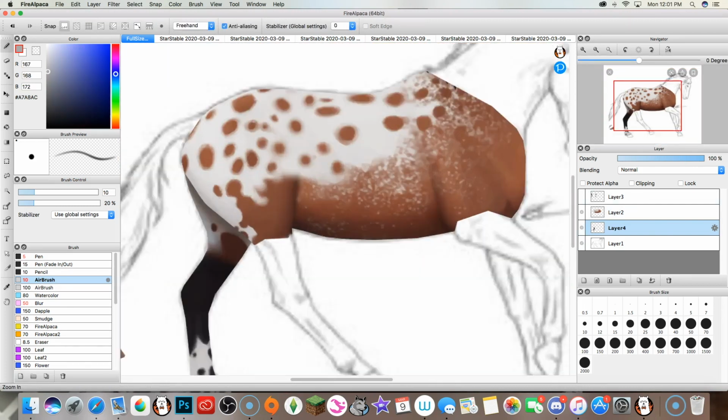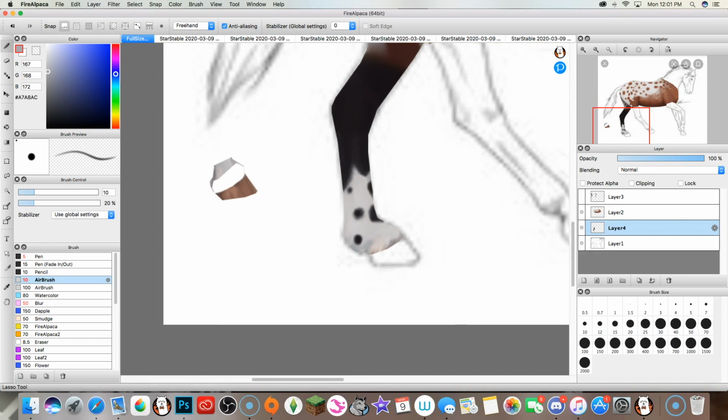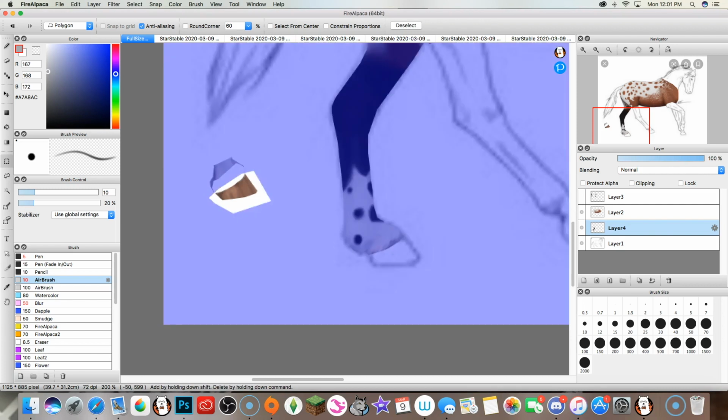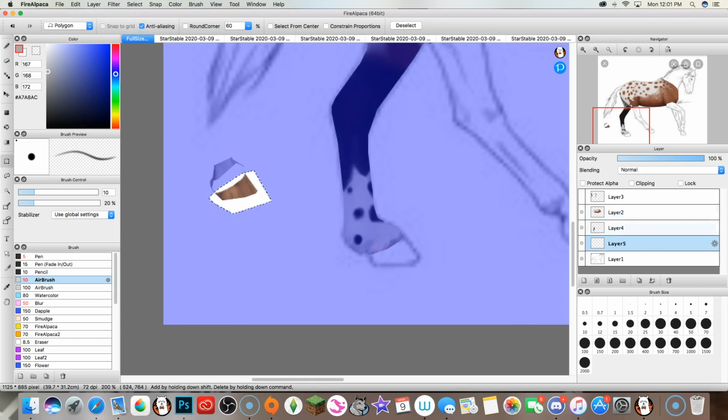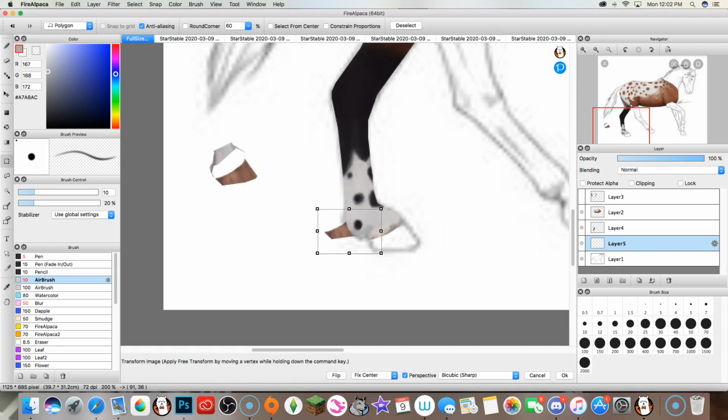To do the hooves, I usually do the hooves in their own separate layer. So again, copy, paste, and I'm going to put it underneath of the leg, so it's less work. To do the hooves, I will either just take the hoof and mess around with it like this, which is what I might do today, simply because I'm in a lazy mood today, otherwise, I would just take the,